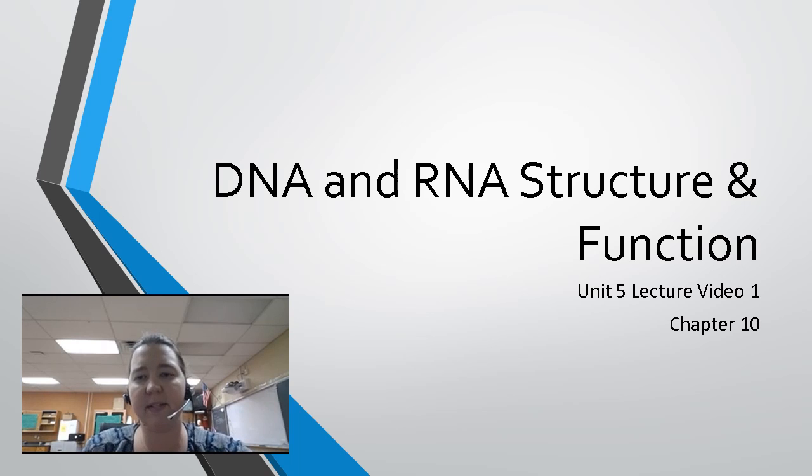So Unit 5 is actually broken down into 3 chapters. We're going to do Chapter 10, then we're going to do Chapter 8, and then Chapter 9. So we're going to start off with Chapter 10. So the first part of Unit 5 is Chapter 10, which is about DNA, RNA, protein synthesis, and so on